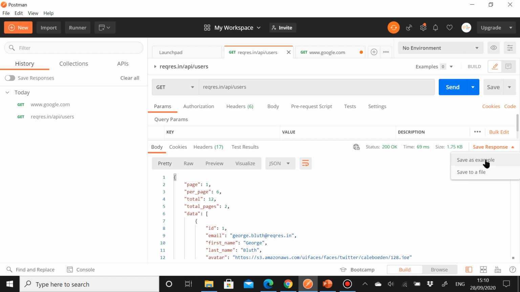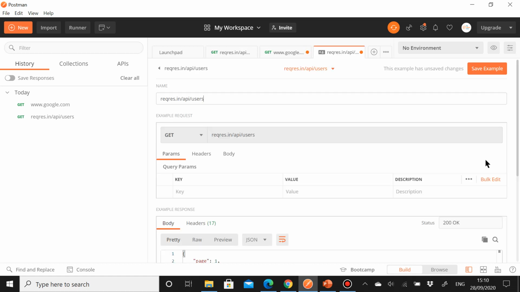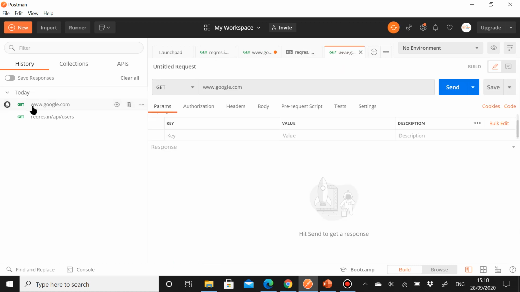Now we can also see this option, save as example, as enabled. So we will go here, we will save it, right? And now if we go back to this one,